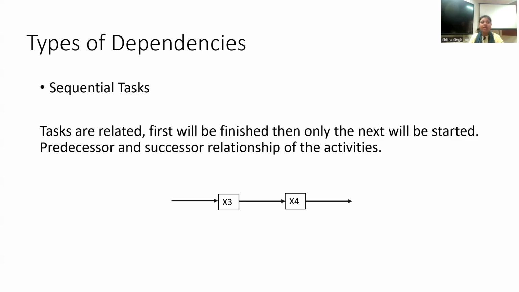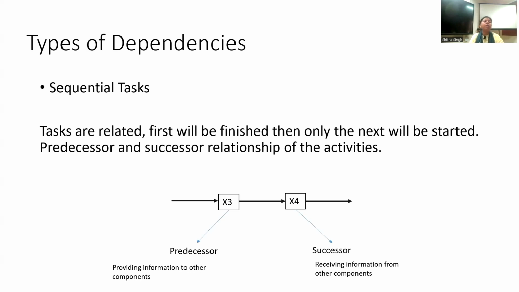One is parallel, another is sequential. These two we have commonly seen in the network diagram of project management. Remember the precedence diagram in project management, and there we talk about this. But there is one very important thing that exists in the case of real systems, that after getting processed by some x3,